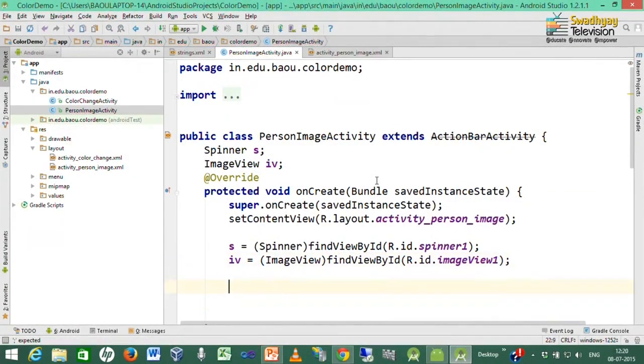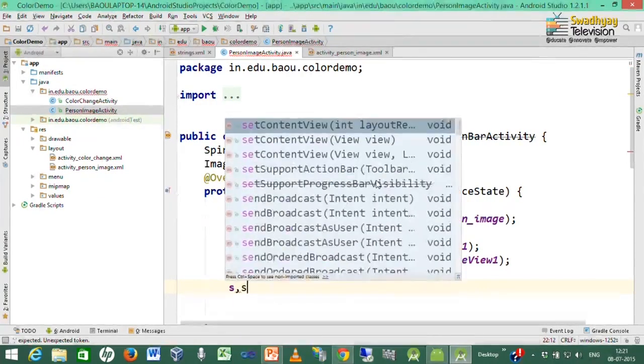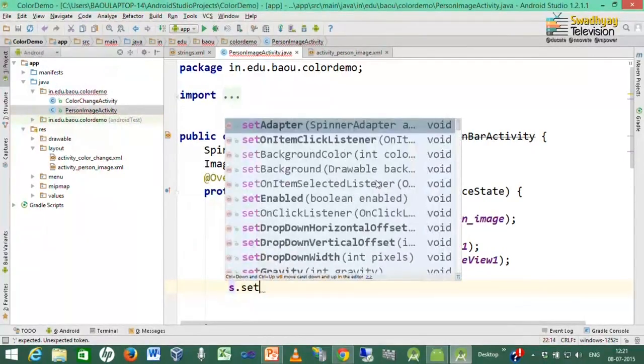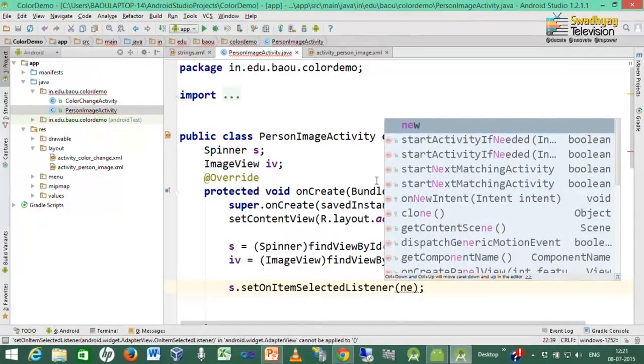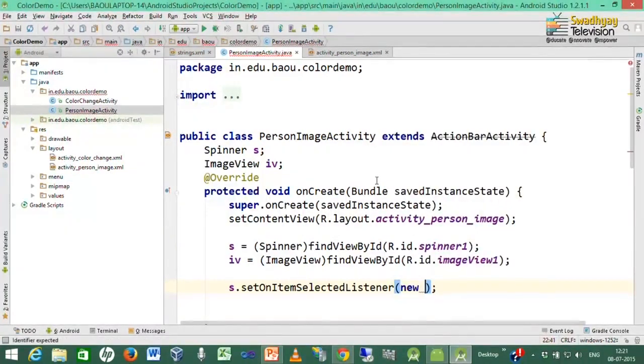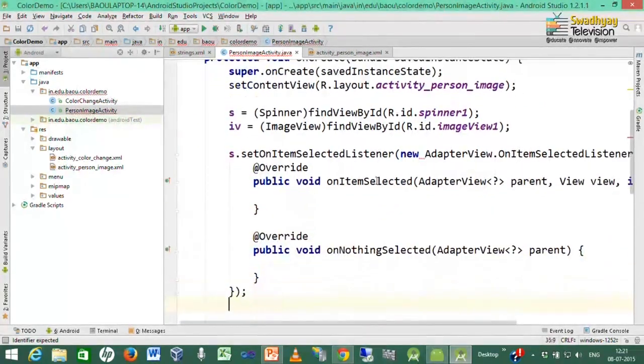Now, we want to handle the item selected event. So, inside S we define S dot set on item selected listener, and we define code inside the on item selected method.